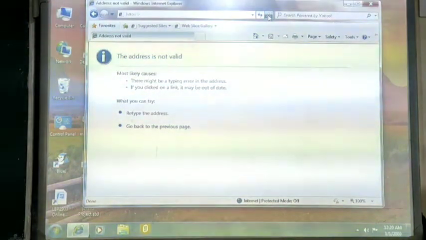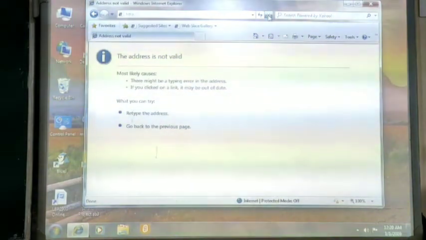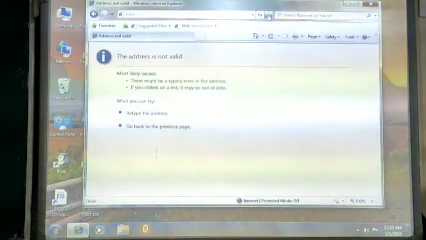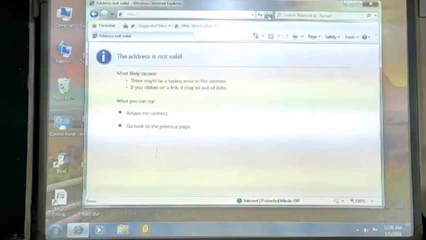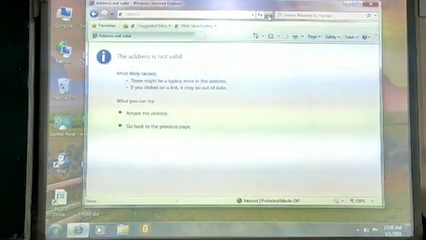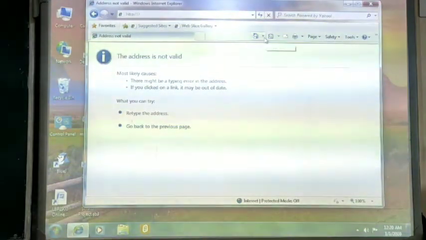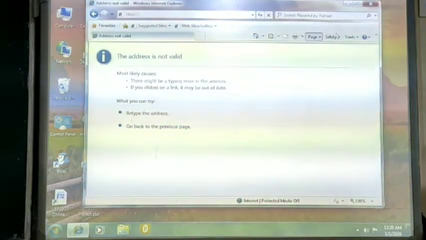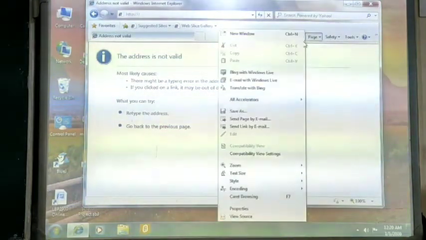Again, the recent page button, the history button or the recent page button is there. The recent page button is generally used to show you the pages. When you click on this button, it shows you the list of recently opened web pages, and this list also contains the history button, which shows you the list of the web pages which you have visited during a particular number of days.